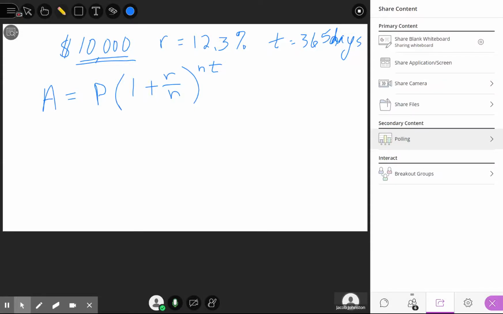Okay, so let's say you are borrowing $10,000 at an interest rate of 12.3% at a time of 365 days. But let's say that this will be compounded monthly. Okay, well, what that means is that the future amount